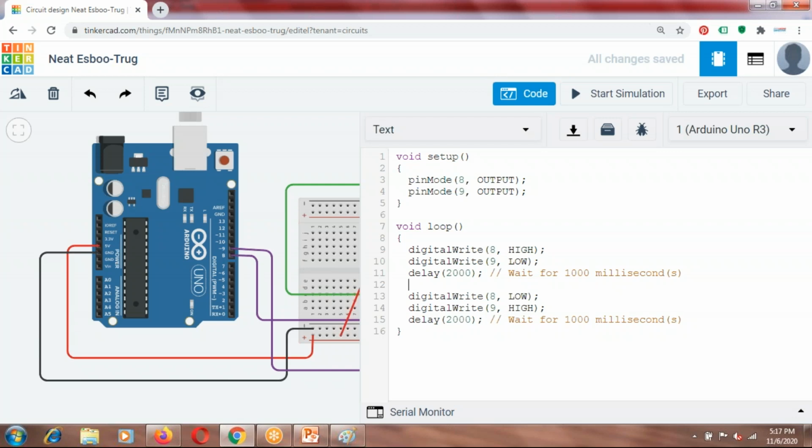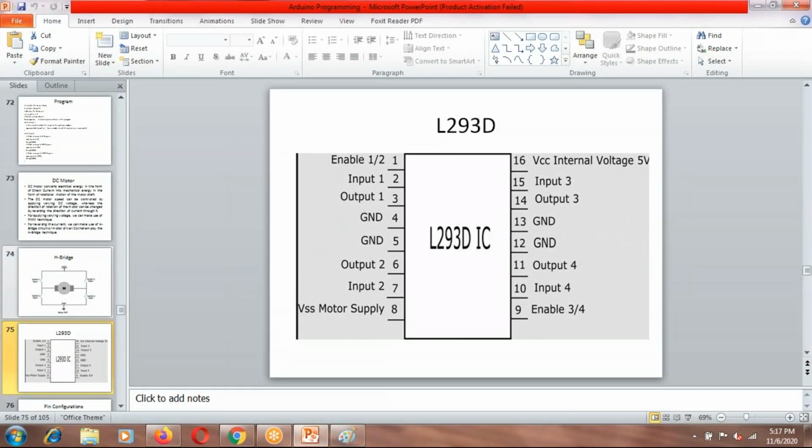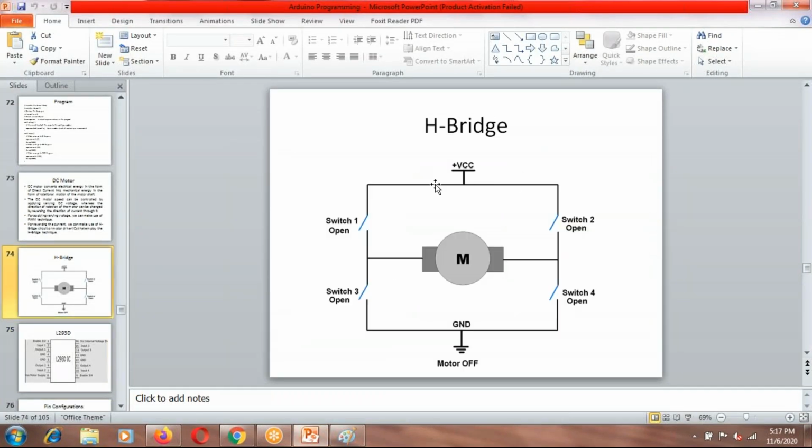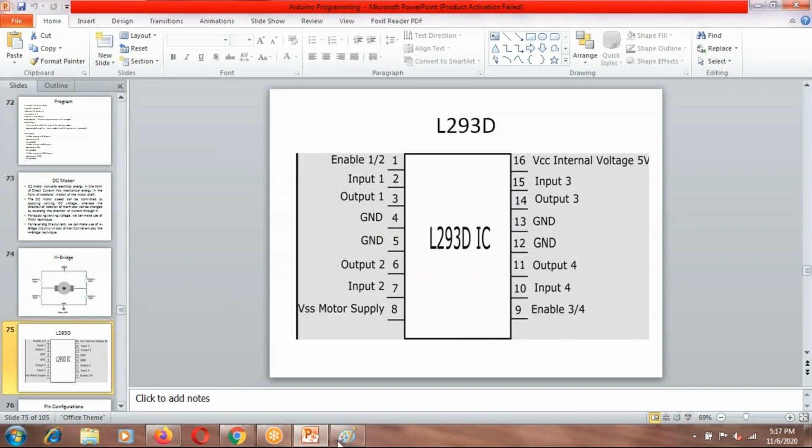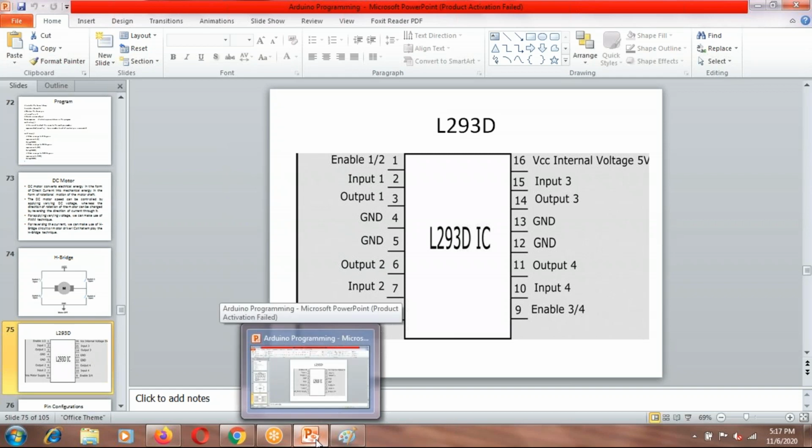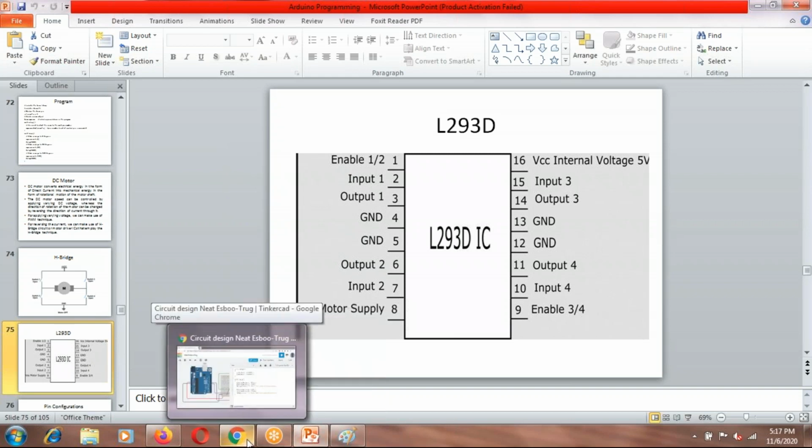It should be pretty easy to tell what is going to be sent from the Arduino to stop the motor. Obviously, you have seen the H-bridge circuit here. So what potential do you want to give to the motor terminals? You can give 0-0 or 1-1 also. In both cases, there will be no potential across the motor terminals. But the 1-1 condition we generally don't use. We use the 0-0 condition.